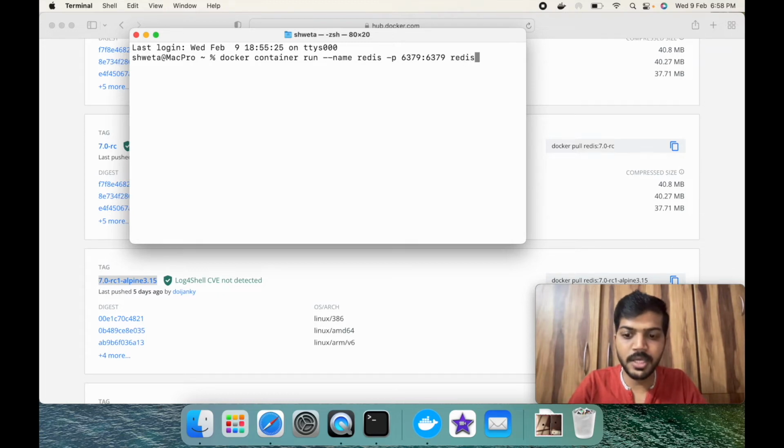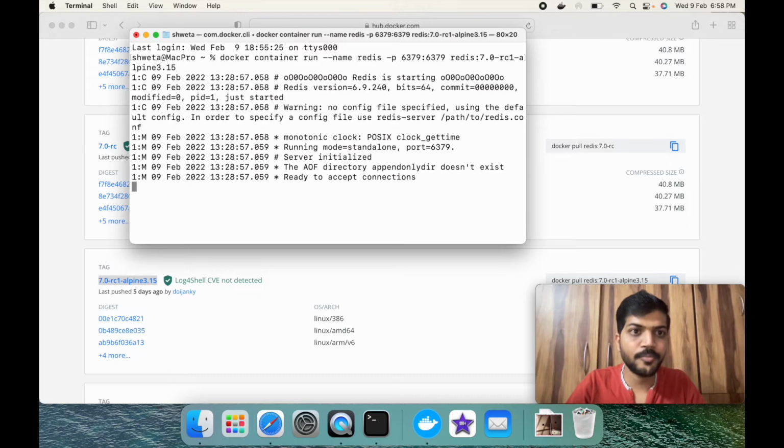Now the name of the image and the version of the image that we will be using, 7.0-rc-alpine3.15. Okay, now you can see Redis is created and it is ready to accept connections.